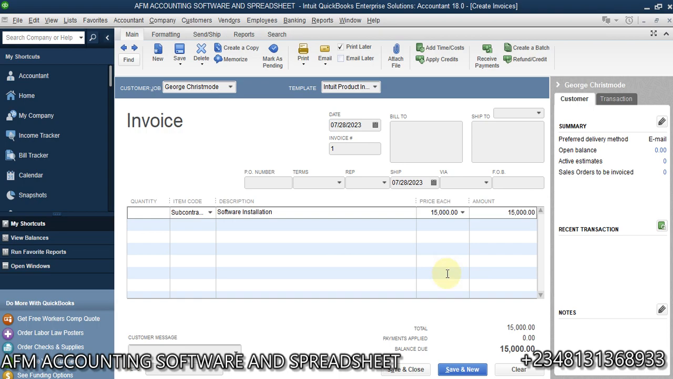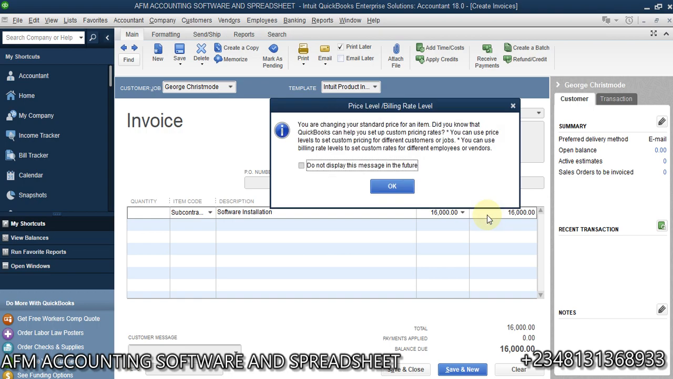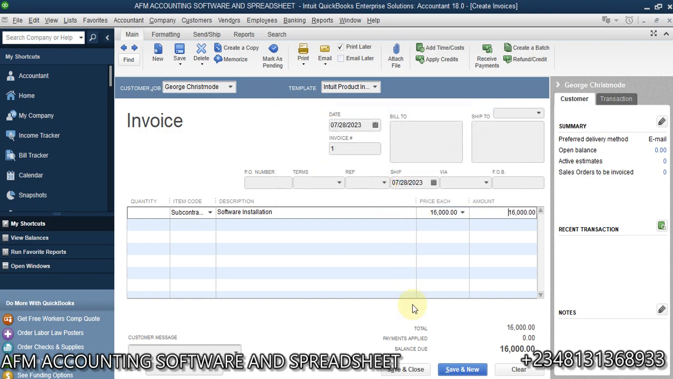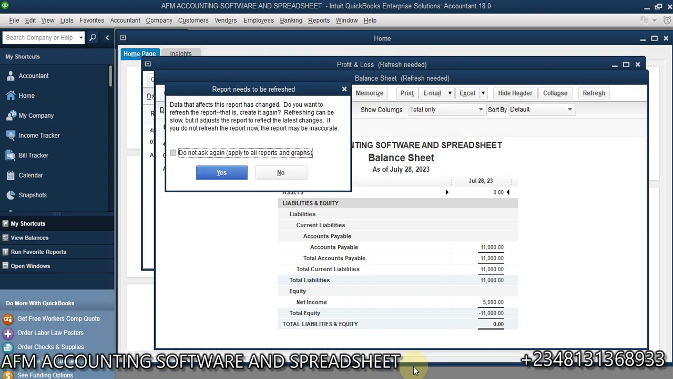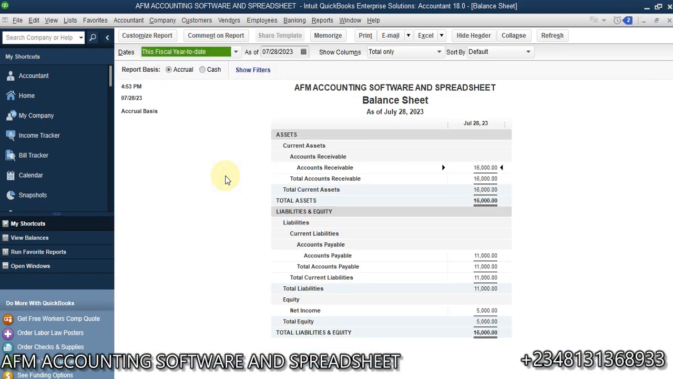So this is the amount. I say, okay, let me say it's no longer 15, let's say it's 16,000, because of the additional 1,000, if you understand. Okay, so I have it like that. Now I'm going to go ahead and save and close. Now remember, this is an invoice, but we've not received this payment from George,